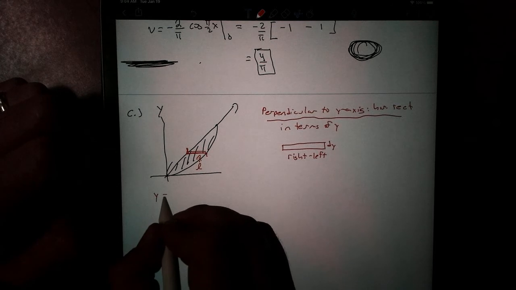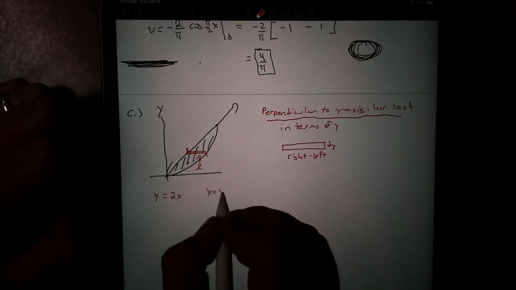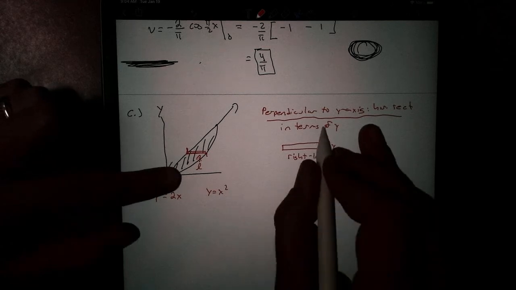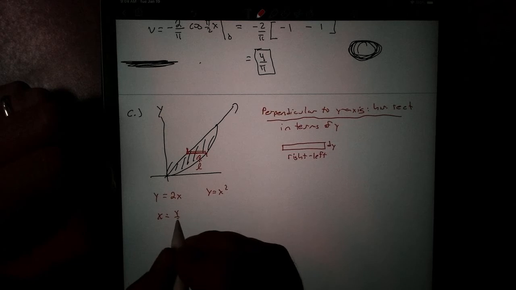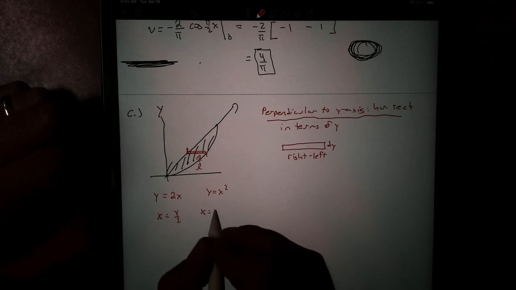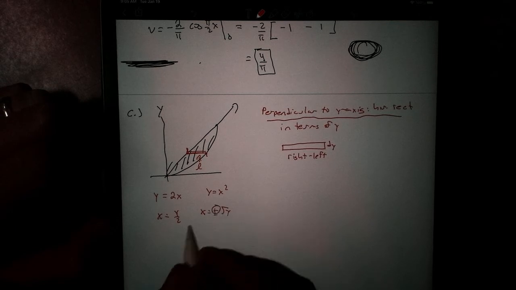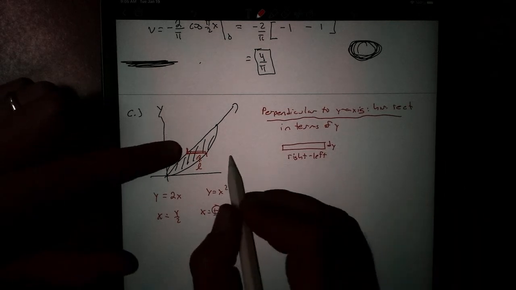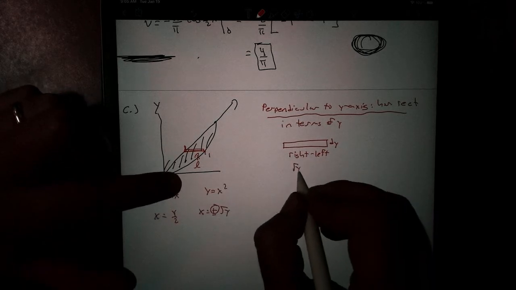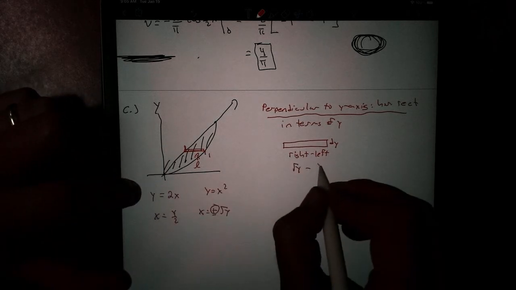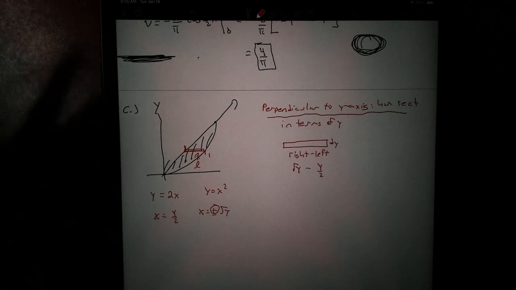But you have to be careful. Right now, our equations are in terms of x. We have to get these in terms of y. So I just need to solve x is equal to y over 2. Here we're going to get x equals plus or minus root y, but since we're in the first quadrant, we're just going to take the positive. So now I look, what's on the right side? Oh, that's my square root. So that's my square root of y minus the left, which is y over 2. Okay, so now that we have that,